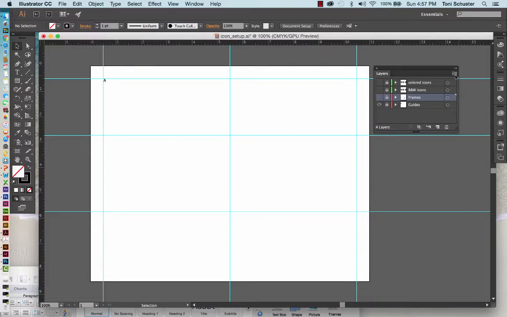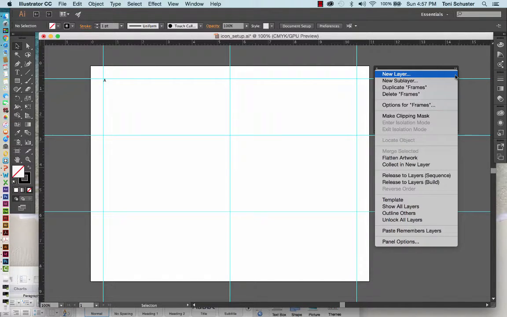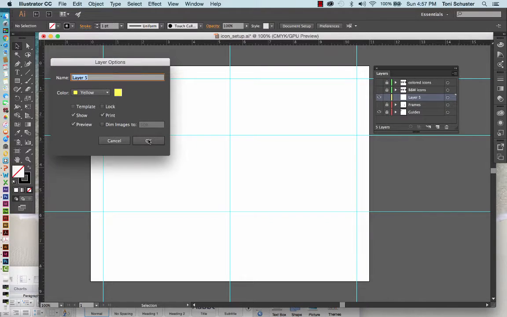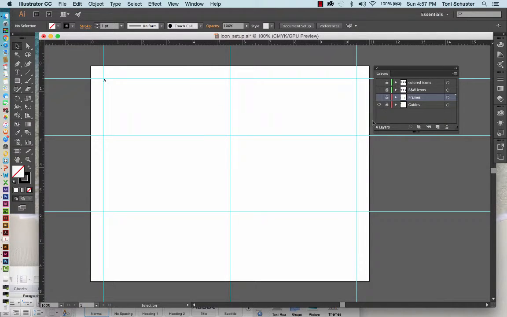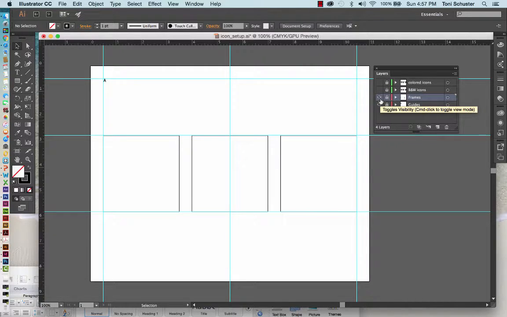Then all you need to do is say New Layer on the sidebar up here, and you get this layer options. You can name it what you want to, which I highly recommend, so you know what your layers are. All you need to do is type in the layer name that you would like. I called that layer Frames, and if I click on that, I've got my 3-inch by 3-inch boxes. I'm going to then do a new layer,